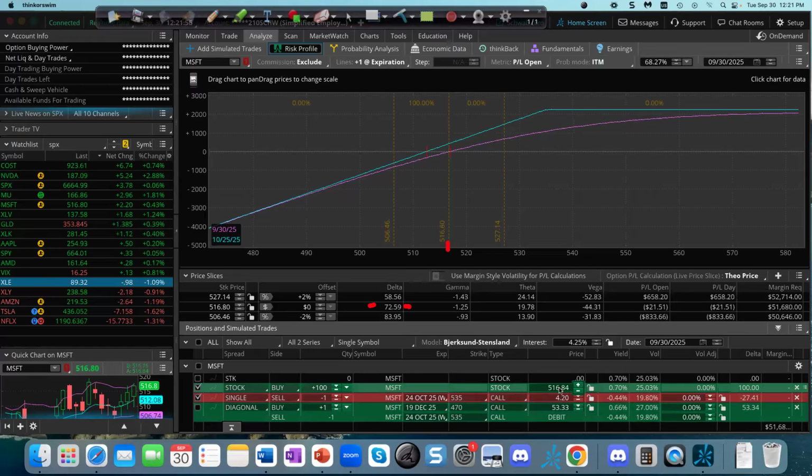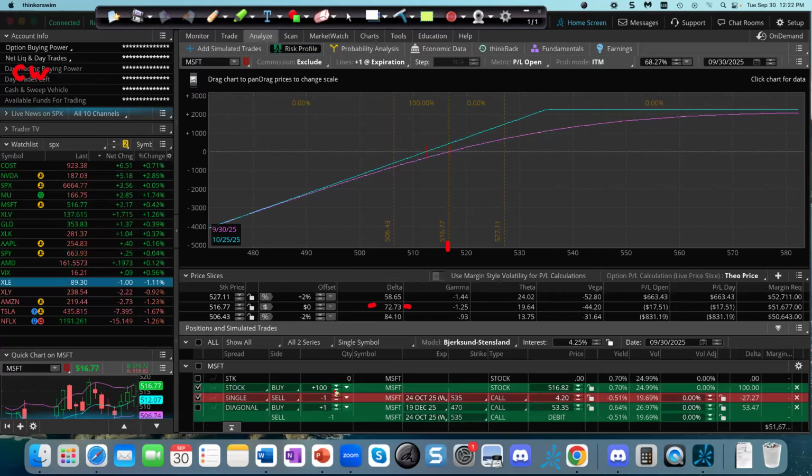If you're long stock and we go down, you'd lose $100 for each point. So the short call helps you for about $4, and then dollar for dollar, you're going to lose $100 every point because you're still long the stock. That short call protection to the downside will only help you to the extent of the premium of the short option. Now, if we look at the margin on this trade, and I'll just say CW, covered write,